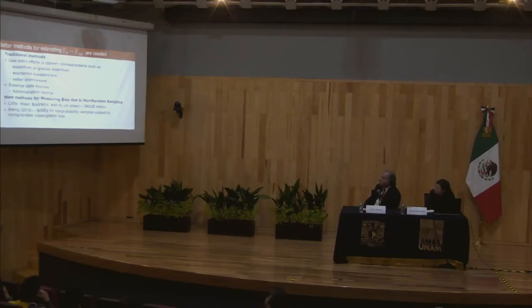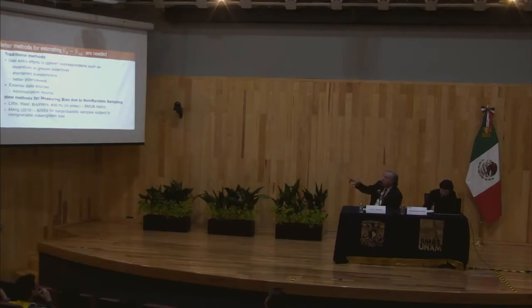And then there are some new methods here that I find very interesting. This paper by Little, West, Boonstra, and Hu, for example, they basically took this idea that we had for the bias effect size and they formalized it, and it's now being published. They call this the standardized measure of unadjusted bias, or SMUB, metric, but it's based upon this idea of looking at the effect size.